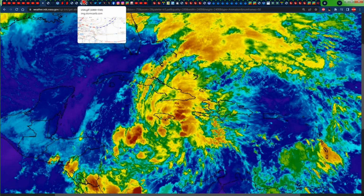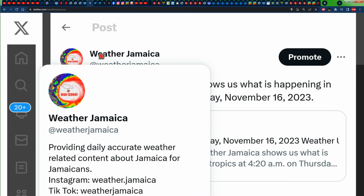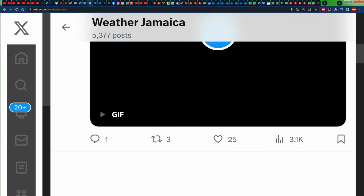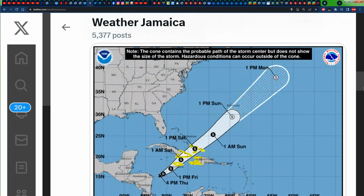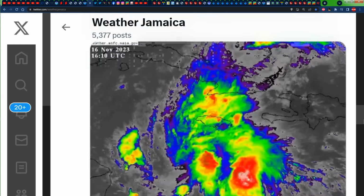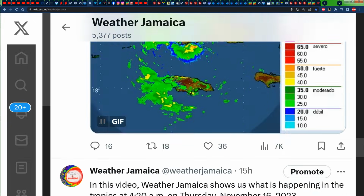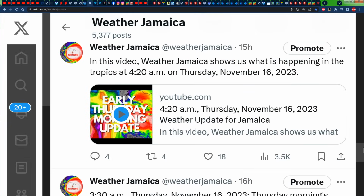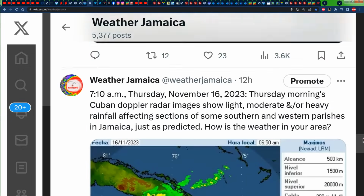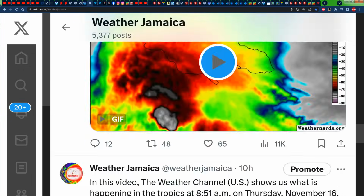And if we actually take a look at what took place in what we predicted in yesterday's video about the weather across Jamaica for Thursday, we actually predicted that it would have been a wet day across Jamaica for Thursday, quite a wet day, and that was indeed what took place. We can see that it was predicted to be wet, and as early as 4 a.m. posts were being made. We even had the chance to make many videos on our YouTube page highlighting all of